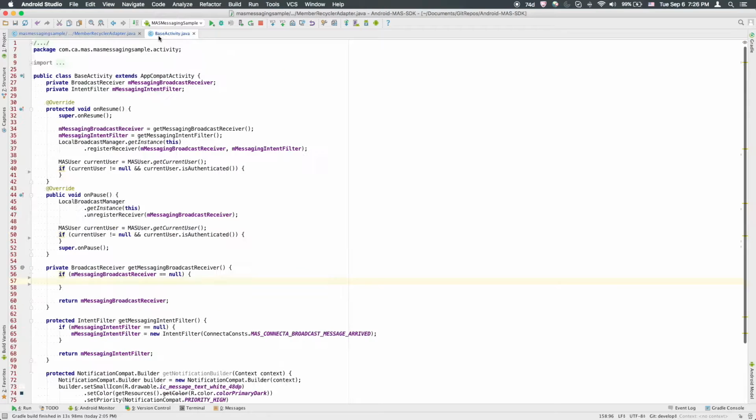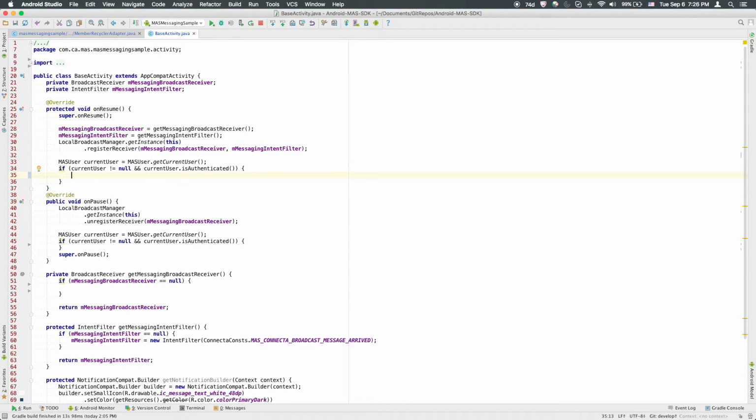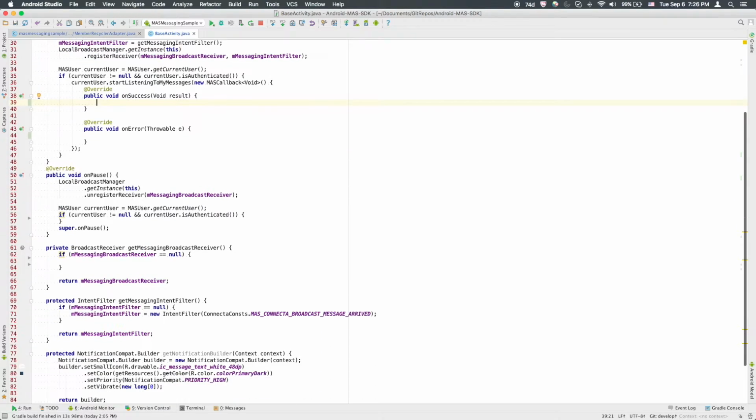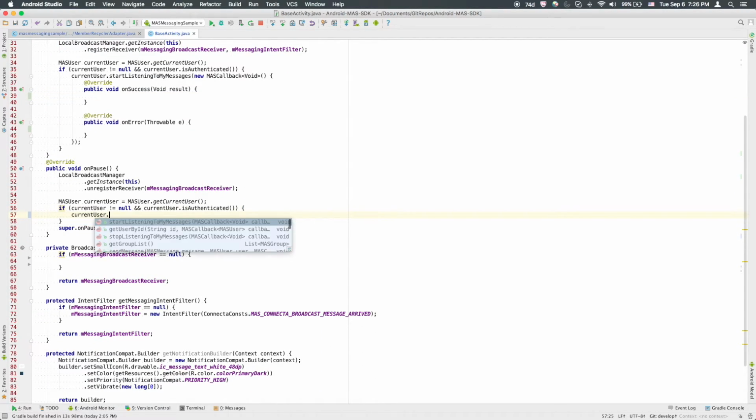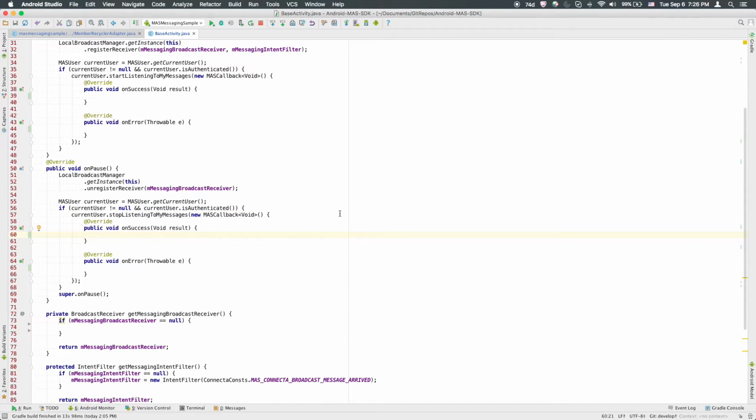Now let's see how we would handle incoming messages. A user will start receiving messages after calling start listening to my messages. It's also a best practice to stop listening to messages when your app is no longer active. Now that we've subscribed to messages intended for our user, let's take a look at how we would handle received